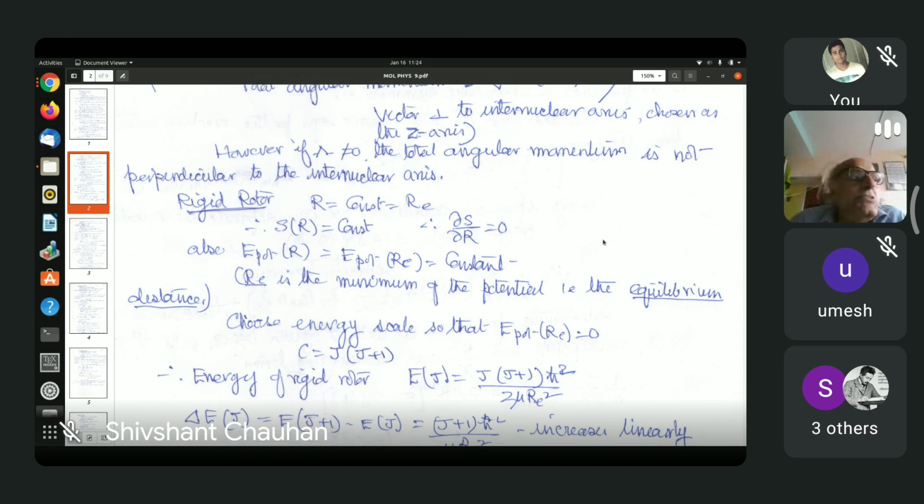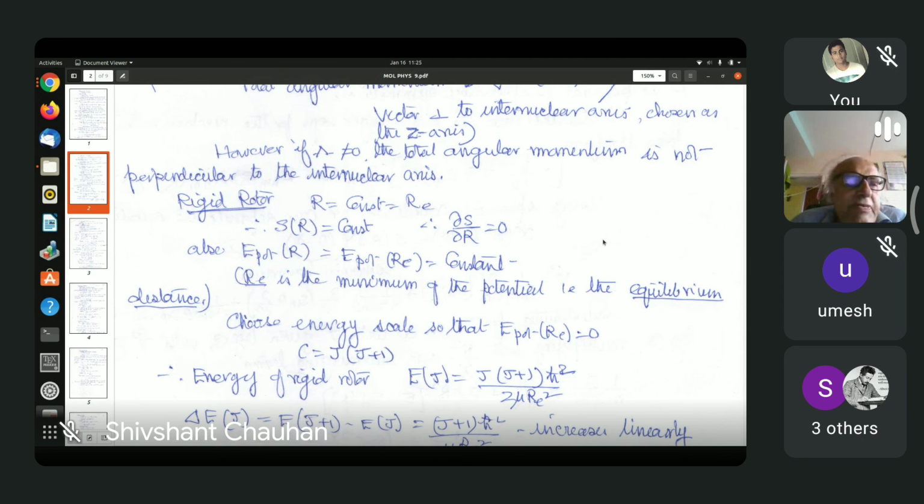So here we now have two angular momenta. One perpendicular to the axis, that is due to the rotation of the molecule as a whole, a rigid molecule, and one along the axis, that is due to the electrons. So when you compound these two, the total will not be perpendicular to the internuclear axis. So this simple model of the angular momentum being perpendicular to the internuclear axis holds only for sigma states, but not for pi or delta states. And let us concentrate on the sigma state.